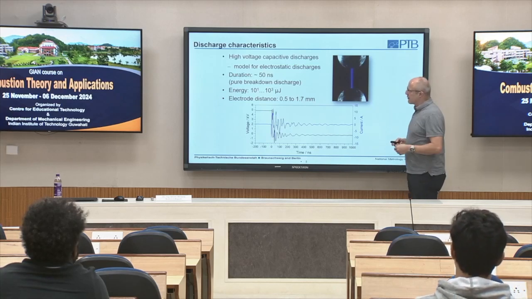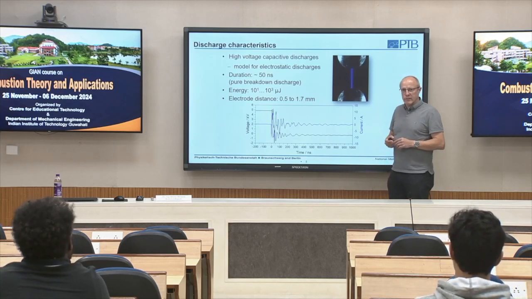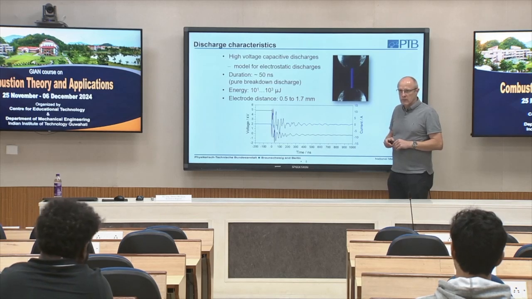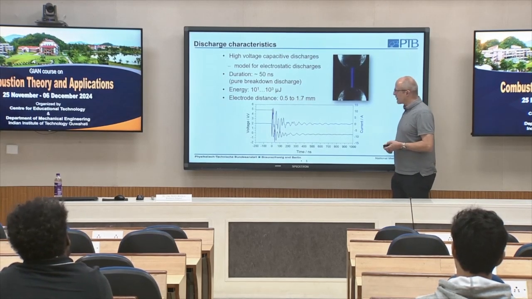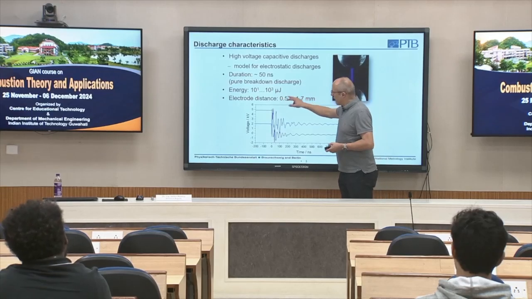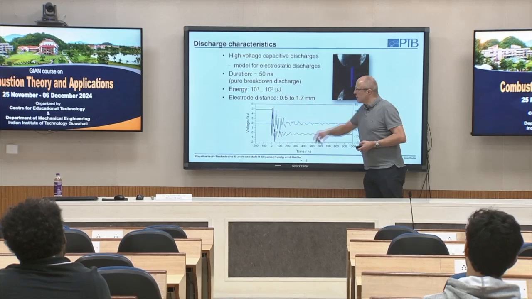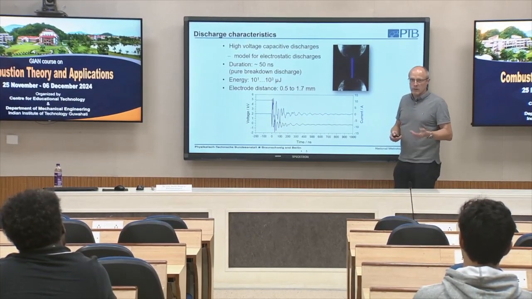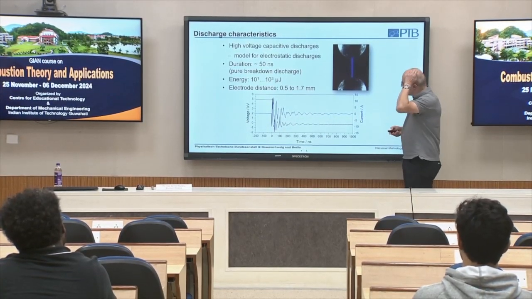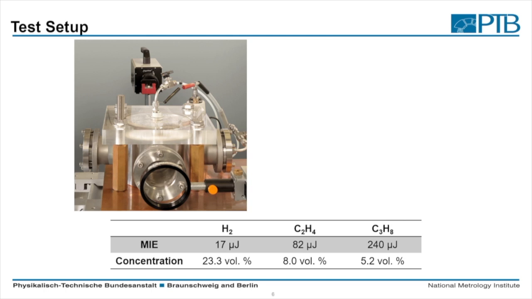So there's a rule of thumb. This is in the range of the quenching distance of the combustible we want to examine. So hydrogen has around 0.6 millimeter. So the gap distance here is with 0.5 millimeter in the range of the quenching distance. So in a classical setup, we can see here, we have an optically accessible vessel. We have windows here at all sides. And now we want to focus here on 3 representatives for the 3 different gas groups.